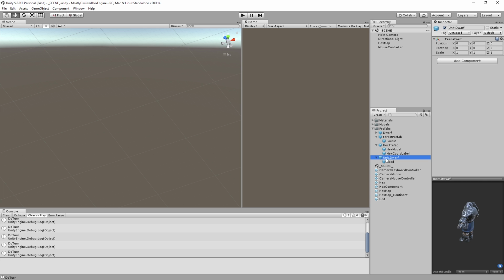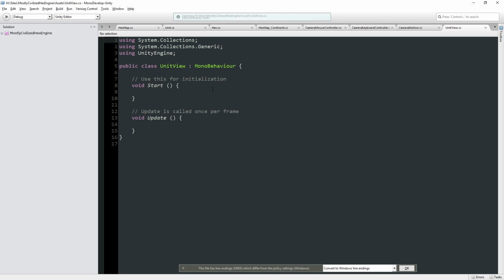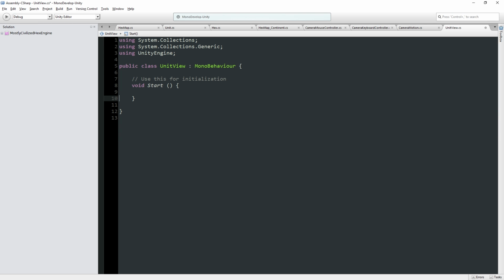So what we're going to do here is create some sort of UnitView script over here. This script's job is going to be to make the unit visual match with the unit data. Now, I don't think we're going to have it do anything in the update. In fact, I don't think we're necessarily going to run a start. We may not, I don't know. But what we want is a public function here that says something like unit